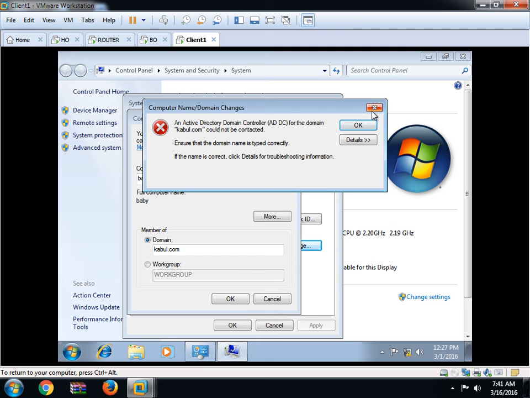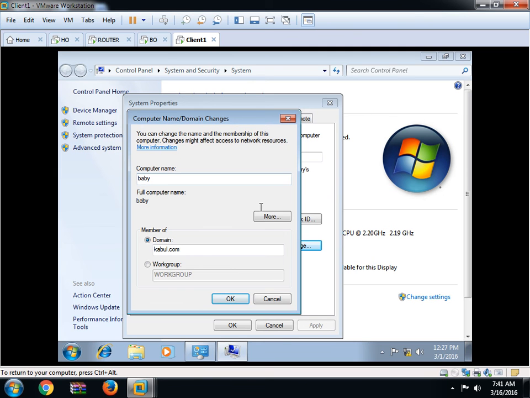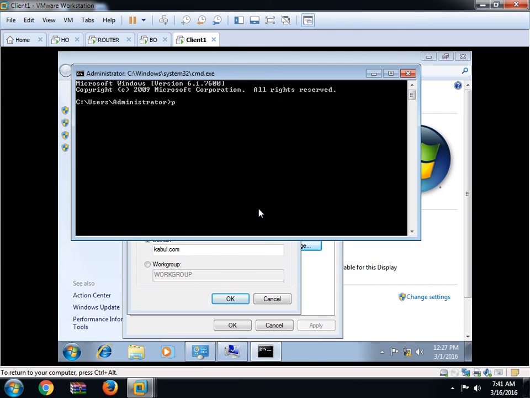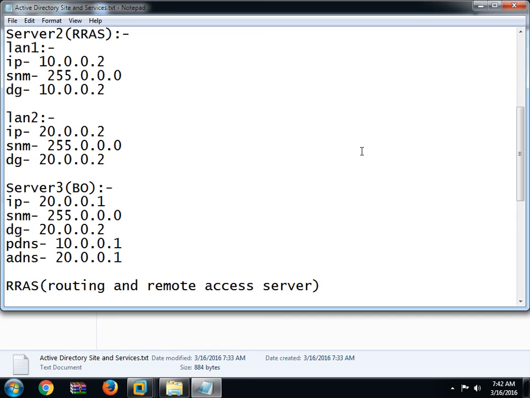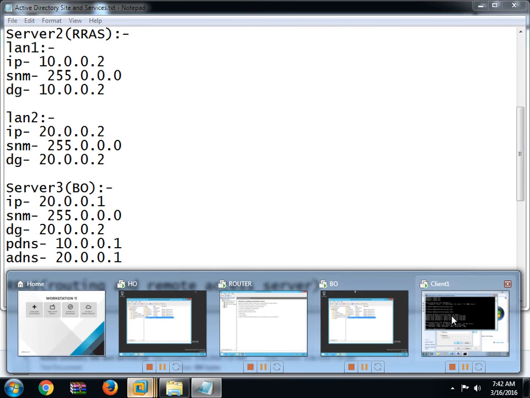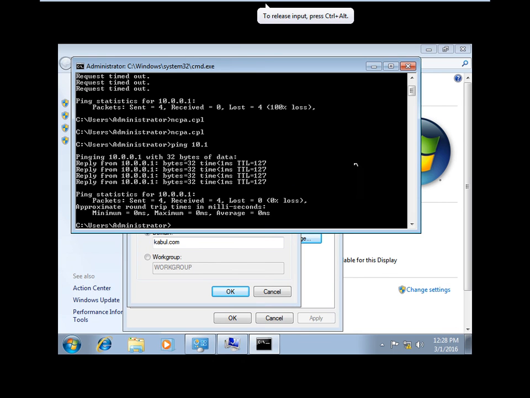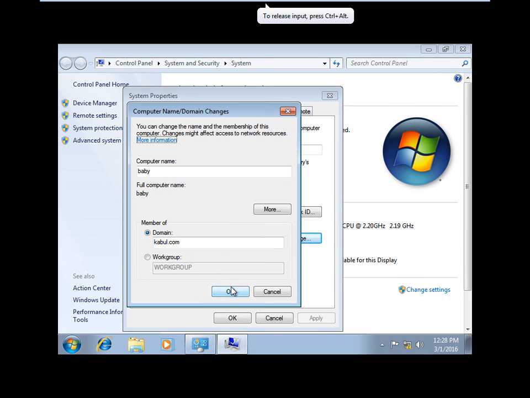So there is a problem with the IP. Check whether it is pinging or not. Ping 10.0.0.1, not pinging. We have to check the connectivity first of all. So guys, now it is pinging. Let's do it.